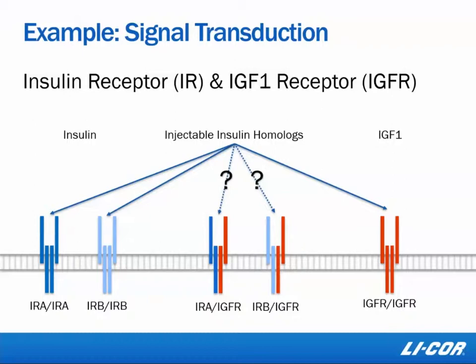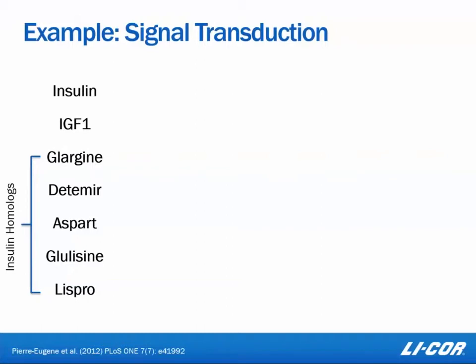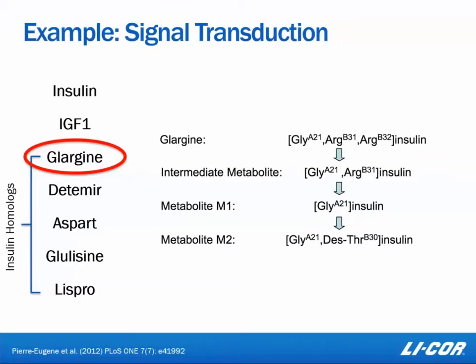Now, these hybrid receptors have implications in a number of disease states, so any nonspecific interaction between these therapeutics and these hybrid receptors could have very large implications for a patient. So, to study this, the group examined insulin, IGF-1, and a number of insulin homologs. In initial screening, they identified the insulin homolog glargine as having abnormal affinity to these hybrid receptors as compared to insulin. So what they did is they used glargine, as well as two of its metabolites, M1 and M2, in